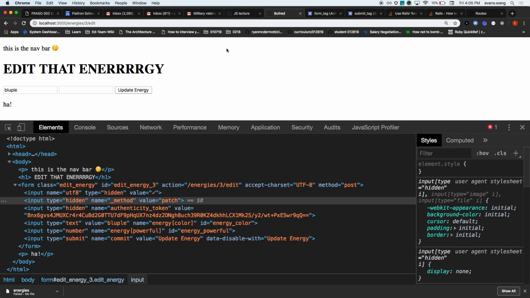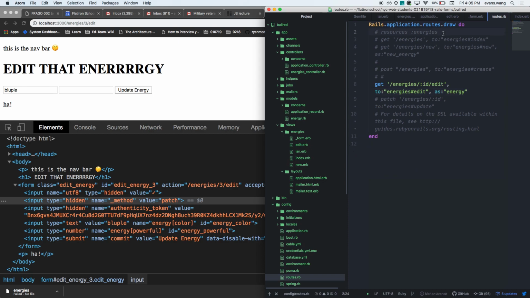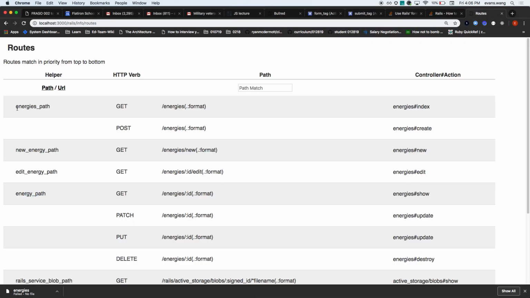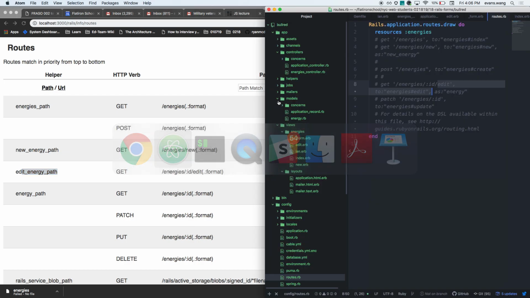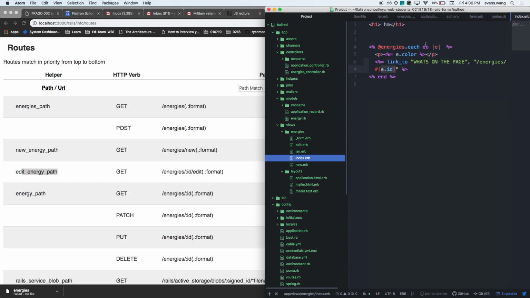All right. I know this ran super long. There was actually just a lot of good questions. So we went over link to, right? The first argument is what displays on the page. The second argument is looking for the route. If I have the resources, right, and I'm using the path helpers inside my index,